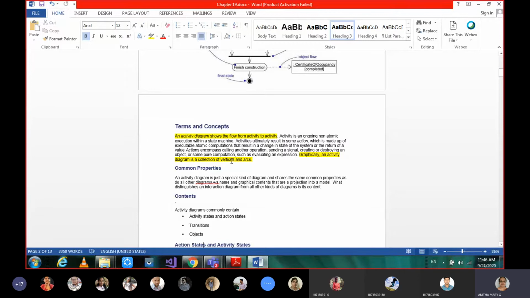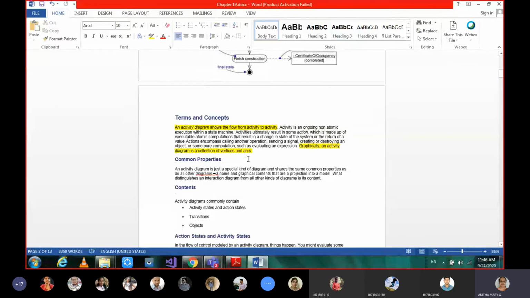Vertices are the different states and arcs are the relationships. The connection between two states we call a transition, while the connection between two objects we call a link. Here, the flow we give from one state to another, we call a transition.